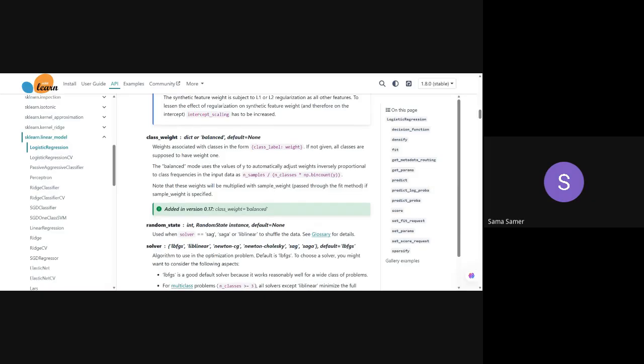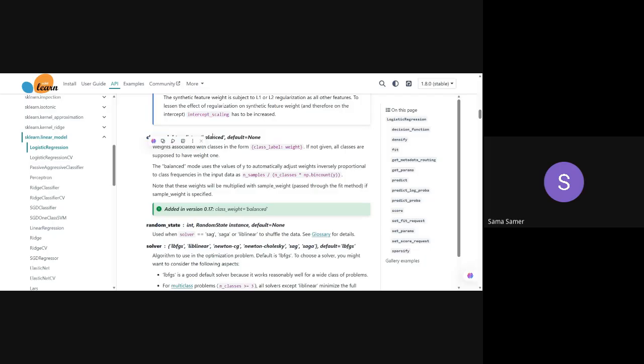The class weight. I have said before that sometimes, not all of the time, the data can have a class imbalance. The class imbalance here means that the data is not distributed correctly. What I mean is that the class yes is bigger than the class no, or the class no is bigger than yes, and so on. This is what I mean by class imbalance. So the logistic regression has something called the class weight.